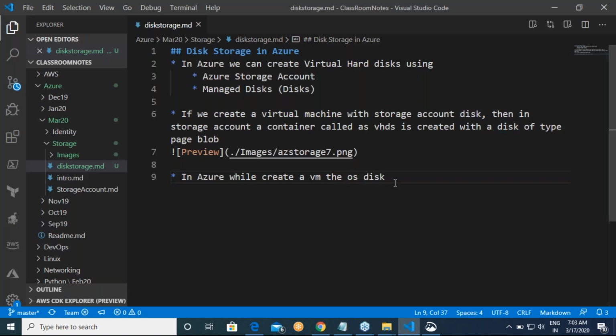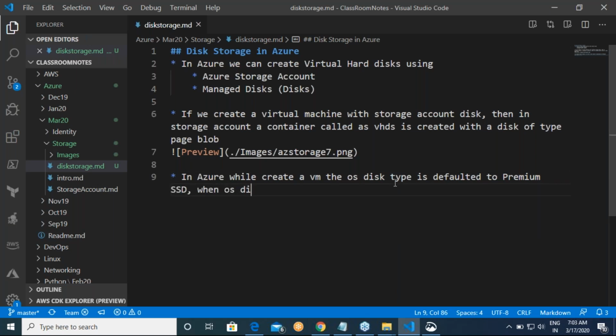The OS disk type is by default, or is defaulted to, premium SSD. Okay.